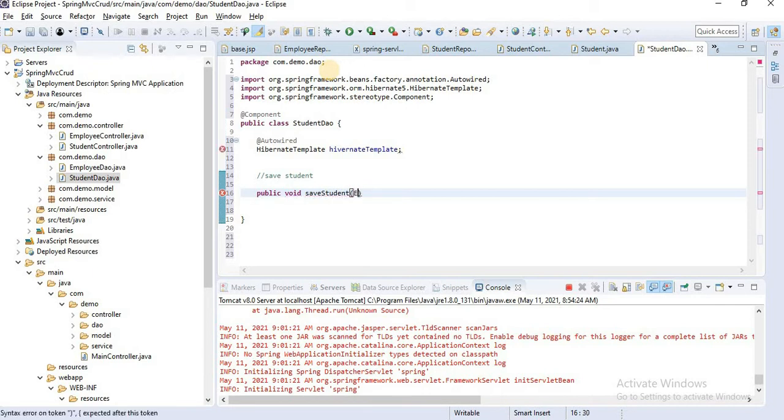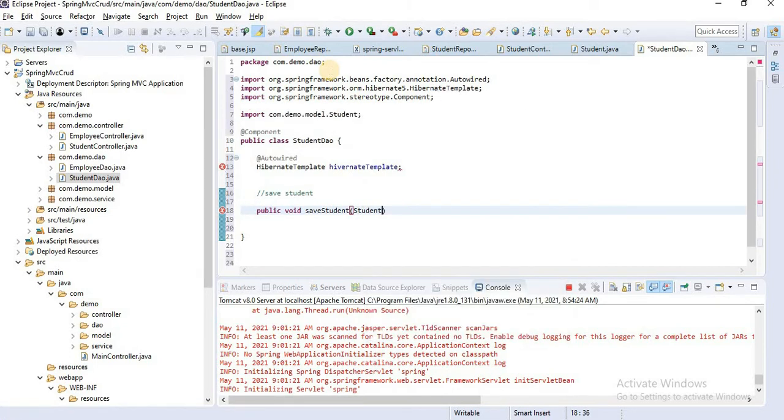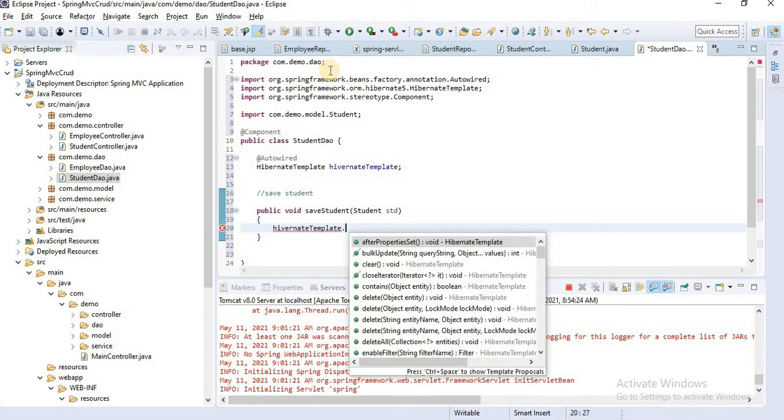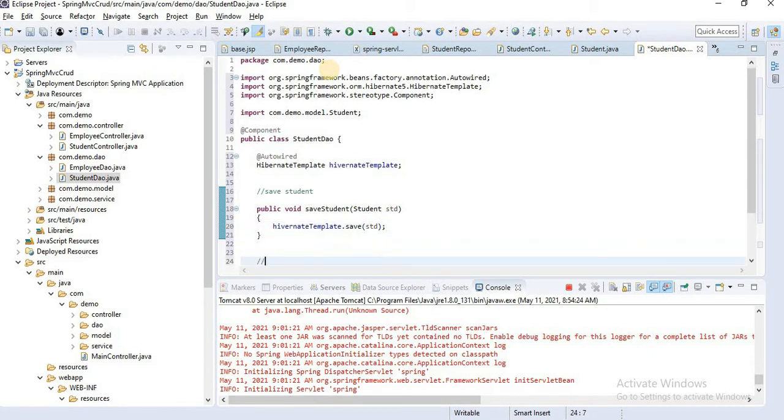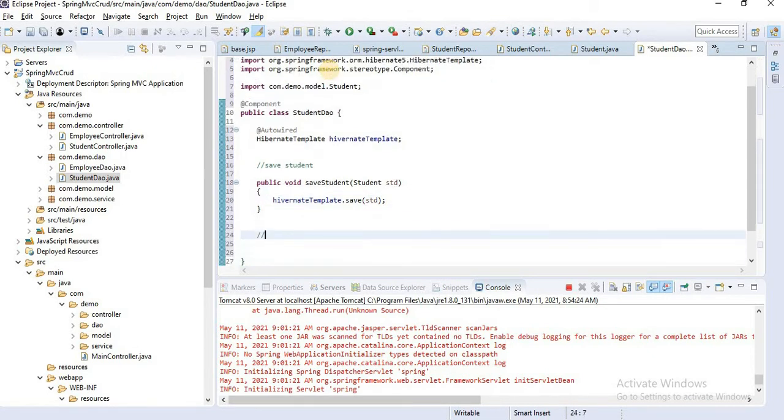Pass here a student object, Student std, and call the hibernateTemplate.save method and pass that std. Okay, our save is done.